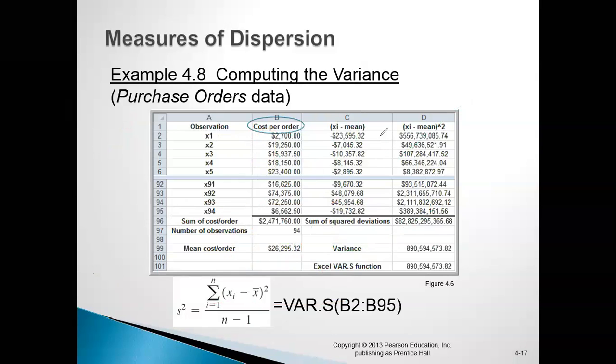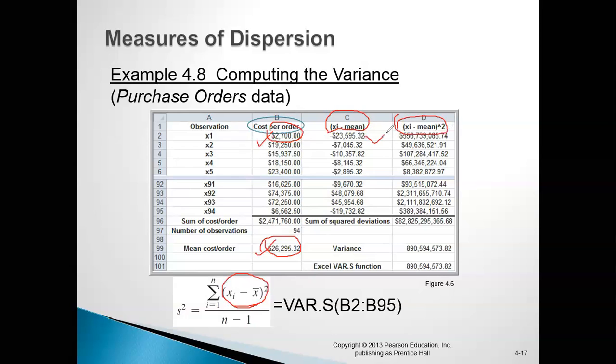This is of the observations. What we have done, we have calculated the series, that is xi minus mean, right? This is our xi value, right? We have to calculate the mean value. So the mean value here is what? It is mentioned, the mean of the cost. So this, right, minus this. Then what we require, according to the formula, is the square, right? So we have to calculate the square value.